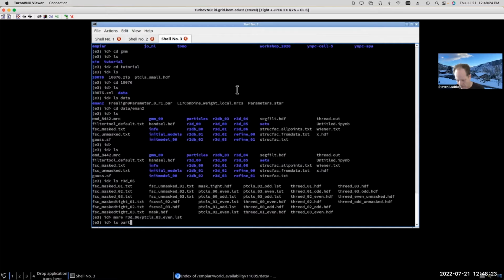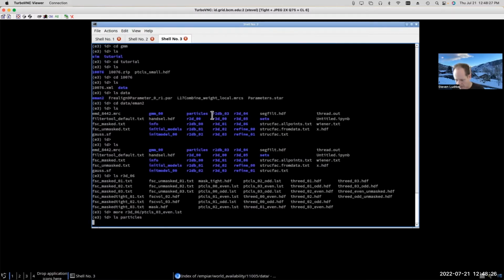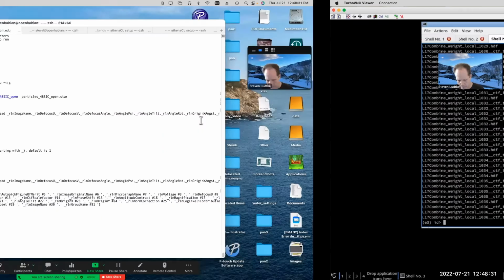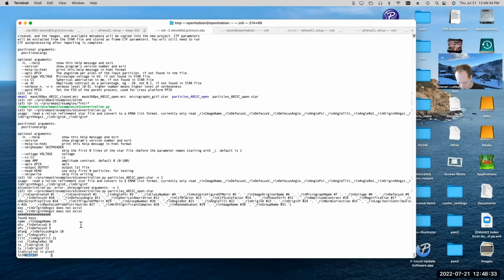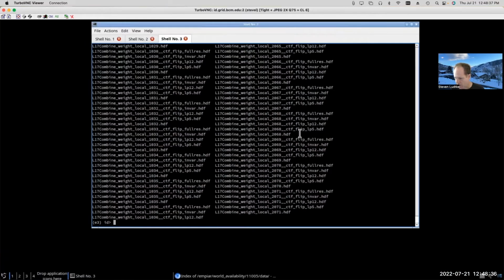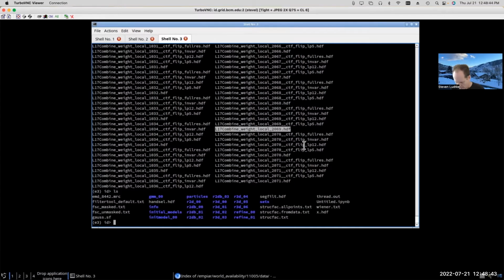So if we look in the particles folder, similar to the folder that we're building now with that conversion tool that we have running on the other screen, we'll have a bunch of these individual micrograph-based files here. So you can see when this project was refined, we did a refinement using the old style refinement. We also did refinements doing the new style refinement. We also did some 2D class averaging using the bispectrum-based class averaging program, and some other stuff in this